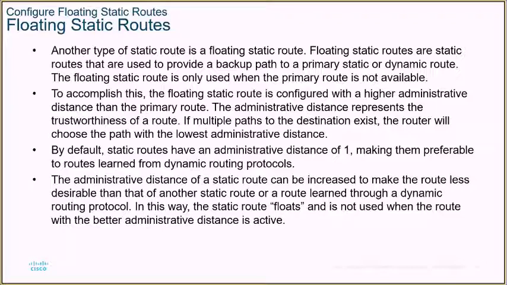By default, static routes have an administrative distance of 1, making them preferable to routes learned from a dynamic routing protocol. They seem to think you know what you're doing. That might be true, it might not be. But anyway, the administrative distance of a static route can be increased to make the route less desirable than that of another static route or route learned from a dynamic routing protocol. And this way, the static route floats, and it is not used when the route with a better admin distance